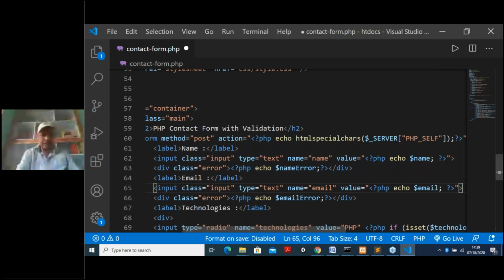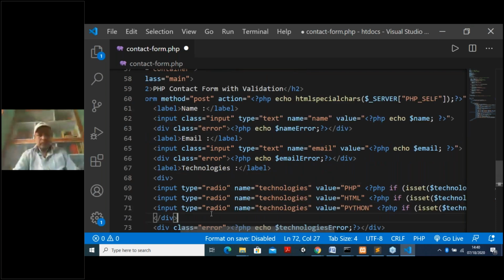so it will say email is required. Similarly, I go for the technology. Label technology, I create a division. You know the difference between division and span. Division is for one block and span is only for one word or one line maximum. Div input, that means for the entire thing it is valid. Division. Input type is equal to radio, name is equal to technology. Remember this name will be constant because all these radio buttons come under the same name, that is technology. For the technology, I am getting three radio buttons. One is PHP, second one is HTML. Suppose the third one, value is equal to Python, something I am putting here.